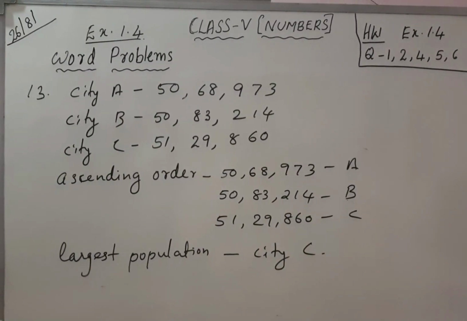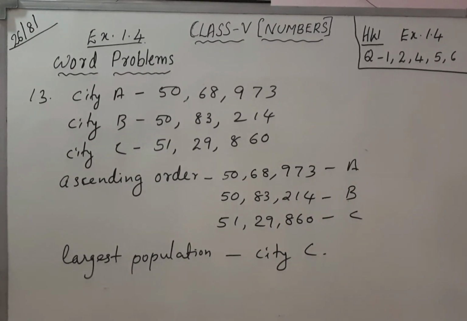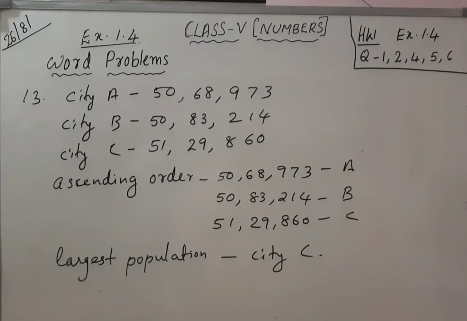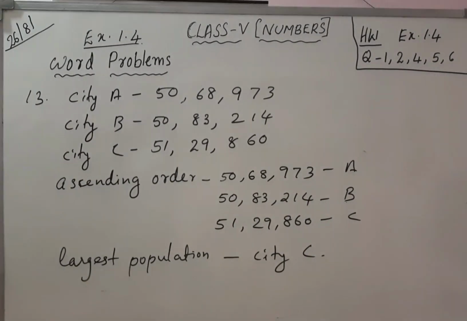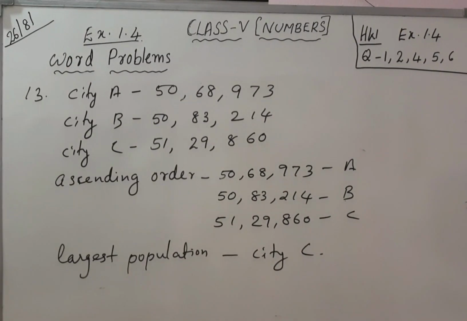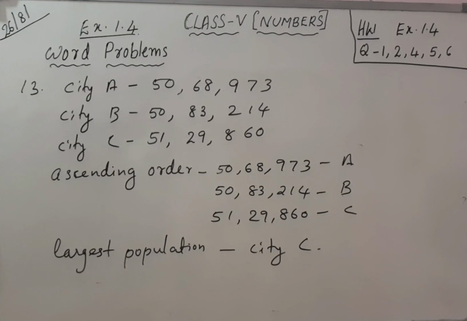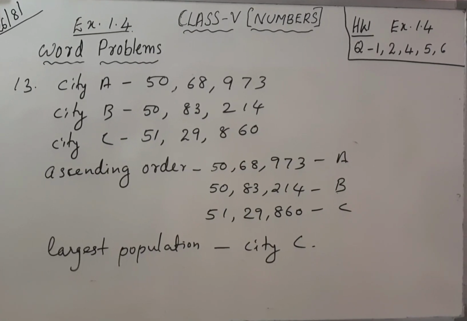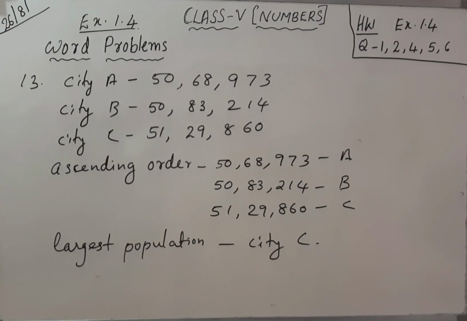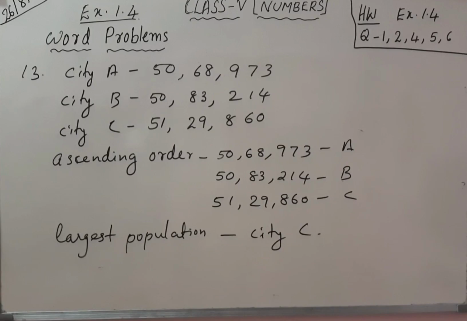Today's homework is exercise 1.4, question number 1, 2, 4, 5, 6. So all these questions you have to write in that classwork, highlight your homework, and I will assign it in the Google Classroom. When I assign, you have to go to the assignment, click the assignment and attach the homework in that assignment, so that you will get the turned in answer. Otherwise it will show missing in your Google Classroom.